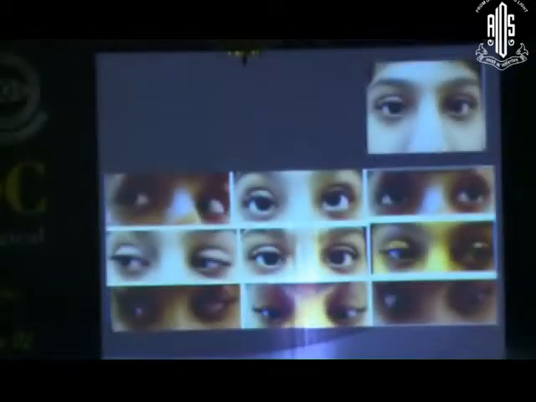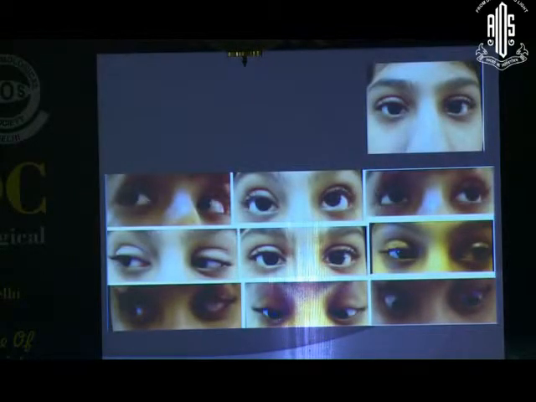Let the pictures remain for a second. Now you can see the difference that has happened. Here you have seen one more thing, that we have done supramaximal recessions, 18 mm of LR in the involved ipsilateral eye, and even in the normal eye we have done a 15 mm LR recession. Now this is known as fixation duress surgery. You want more innervation to come in, so you want the normal lateral rectus to be so weak that it will excite more innervation so that the adduction in the affected eye will improve.